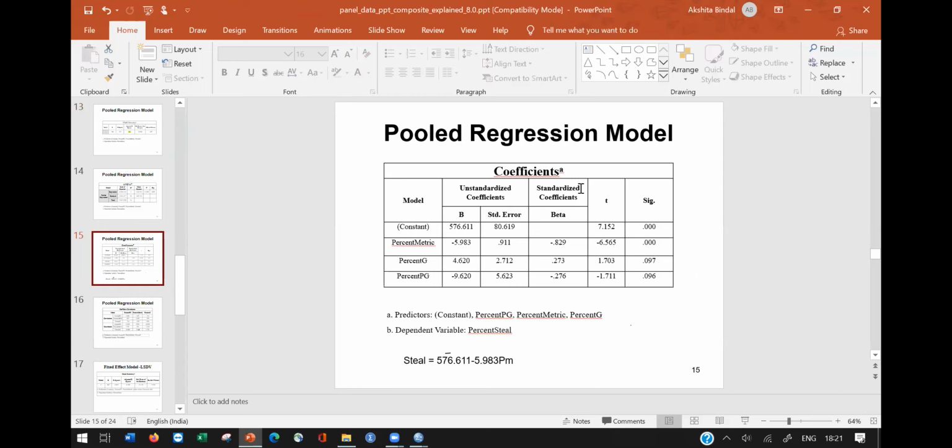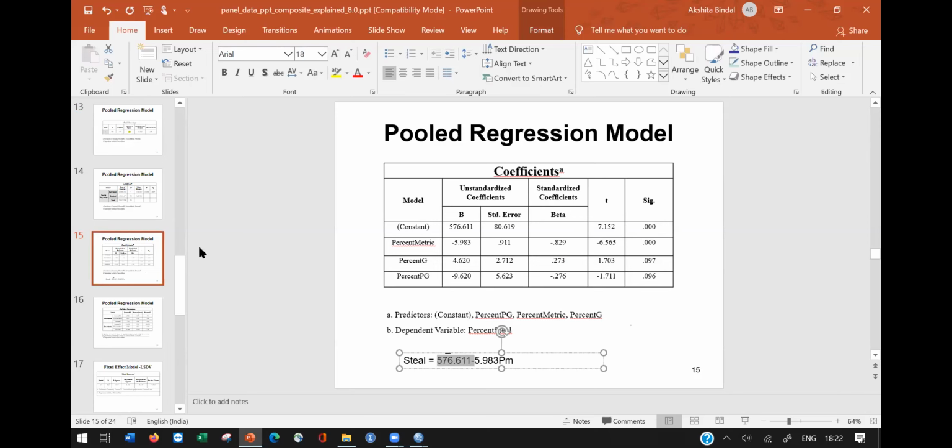When I go to my coefficients, I have got 2 coefficients, the unstandardized and the standardized coefficients. The unstandardized coefficients are coefficients which have not been adjusted as per the normal distribution, that is z equals x bar minus mu over standard deviation. But when they are adjusted, then they turn out to be standardized coefficients. I'll be checking the level of significance. So this is highly significant. I'll include the coefficient value in my equation, the equation which I told you earlier.